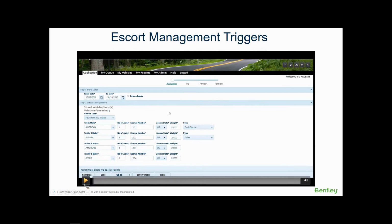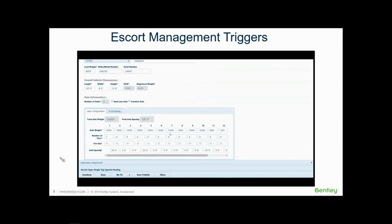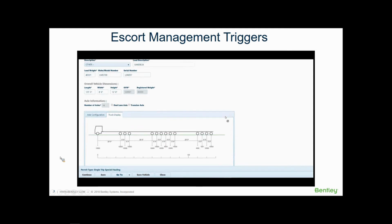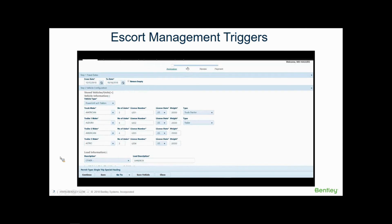I do have a small video that I'm going to play, just to give you an idea of where the escorts are going to be. So this is how the screen looks in Maryland for the permittees, and they enter all the information for their truck, their trailer, and the axle information. And once all this is verified, you go to the trip page and define a specific trip. Once the trip is defined and the analysis passes,